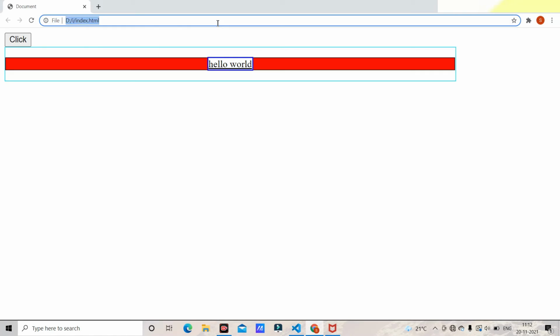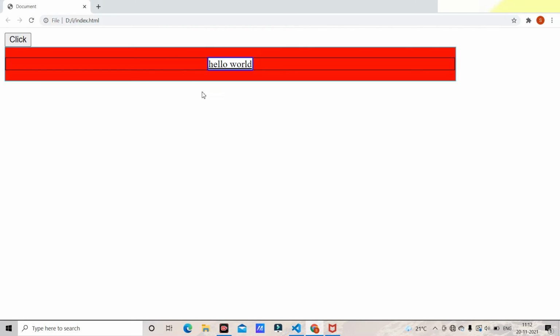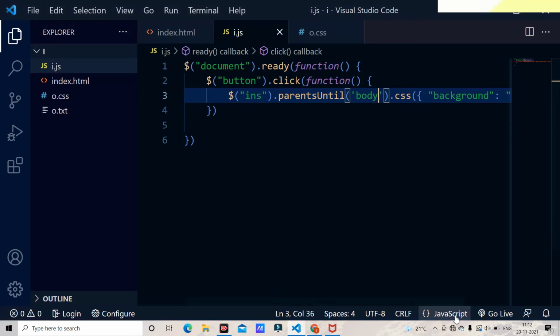I just select body and click it. As you can see, the parents of insert which are within the body are selected, which means div and p are within the body, and those are the parents of the insert, therefore they got red color. And this is how we go with the parents until, and this is all about the ancestors.